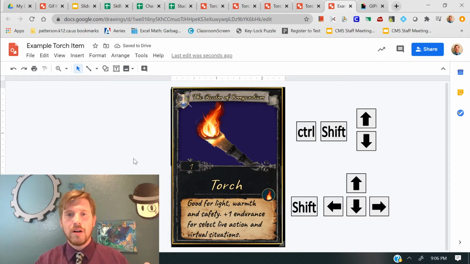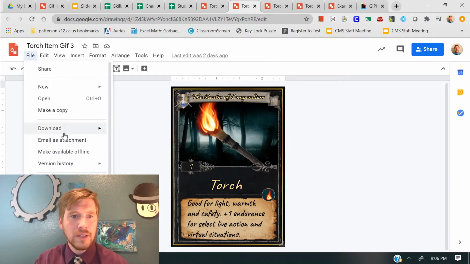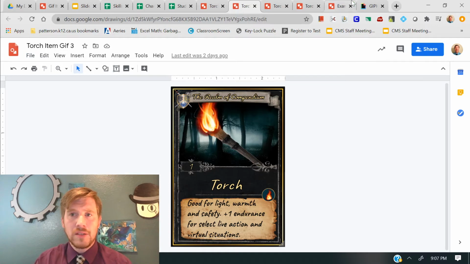So once you have the item card all back together, what you can do is download each of those, right? So I'm going to go to File, download, and I'm going to download each of those as a JPEG, put them all in the same file, and get that all nice and ready to go. Okay, and so once I've done that, and I've got each of those as a set image,